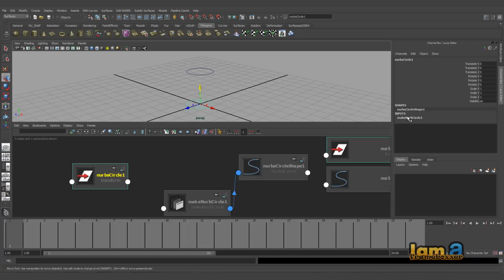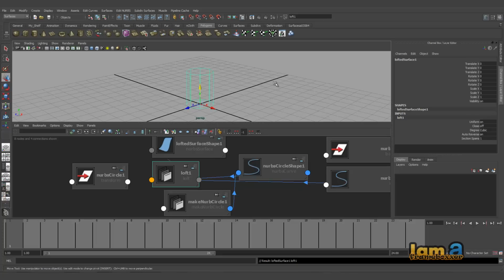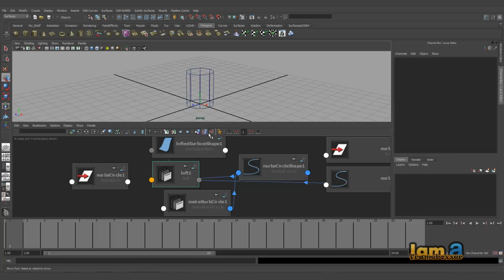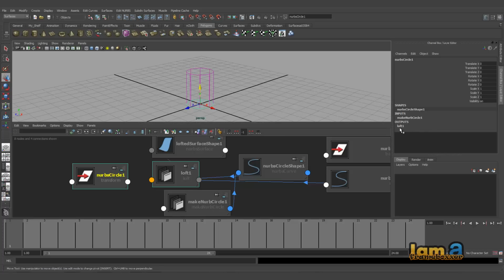You can immediately see here, generally whenever you have the circle, you have this input that's already there. After taking this copy, let's go and make surfaces and let's say loft. The moment I do that, let's choose the circle, let's switch off the surface, choose the circle here, and you see something called output that's come in, and that's called loft here, right?